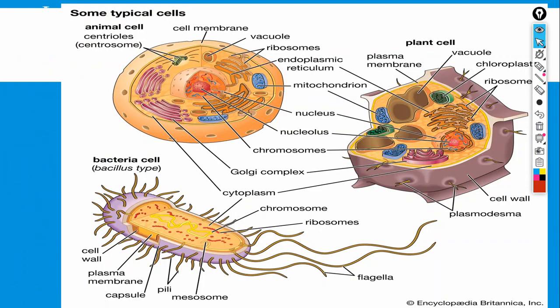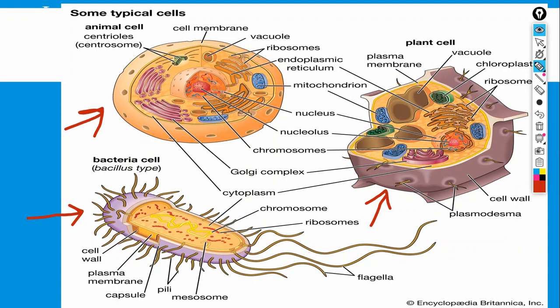All right, good. So let's quickly observe this. Because of the length of the video, I'm going to be stopping here. Before I start discussing the organelles of the cell, which I'll do in the next video, let's quickly talk about this and go through the diagrams. Now you see this. This one here is the animal cell. This one here is the plant cell. This one here is the prokaryotic or bacteria cell.